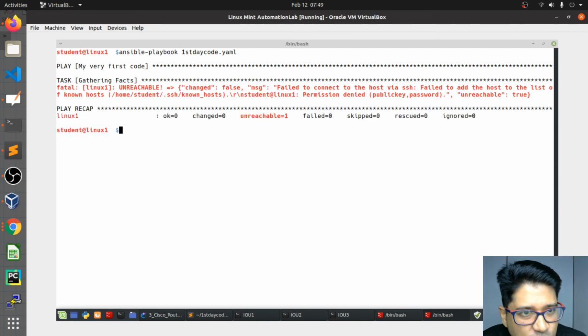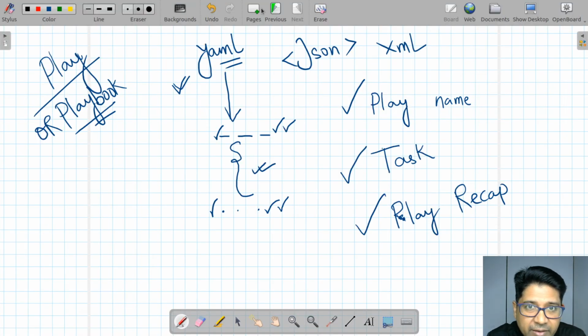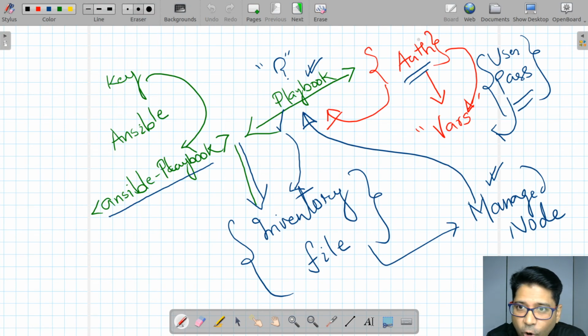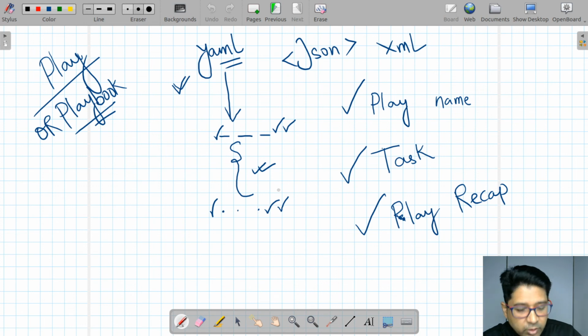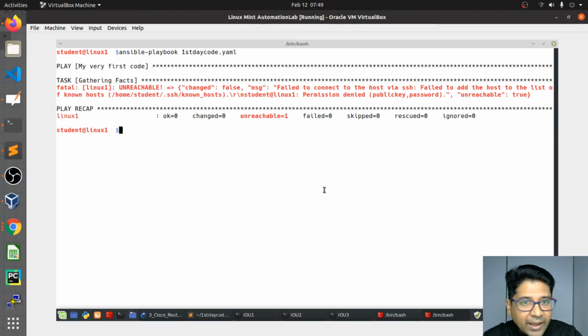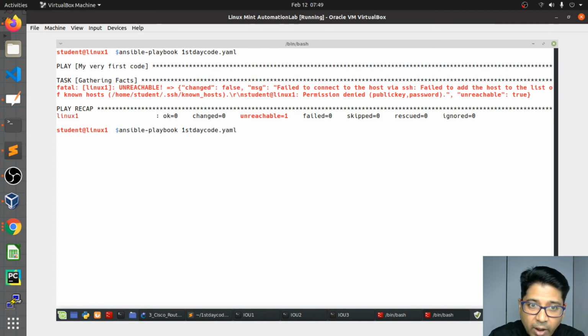Yes, so you saw the first output. This time the play is run. They did not skip the host name, but there is an error to connect because I told you there is another component in the previous, that's called authentication. So who will authenticate? For localhost there is no issue because that's inbuilt. But as soon as it is other than localhost, then you have an issue: you have to add the SSH